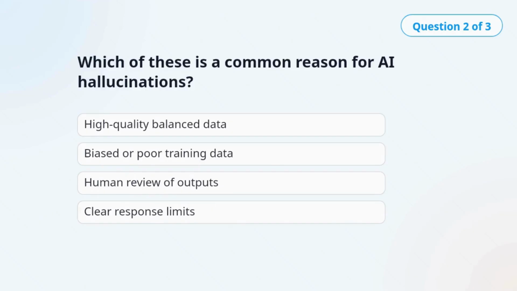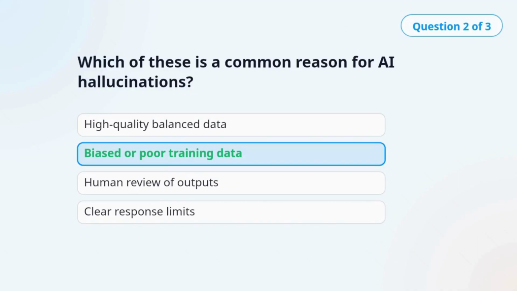Question 2. Which of these is a common reason for AI hallucinations? The correct answer is biased or poor training data. Low quality, biased, or unrepresentative data can lead the model to generate incorrect patterns and responses.